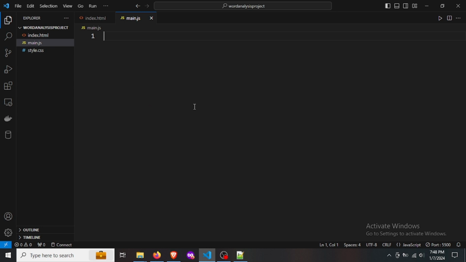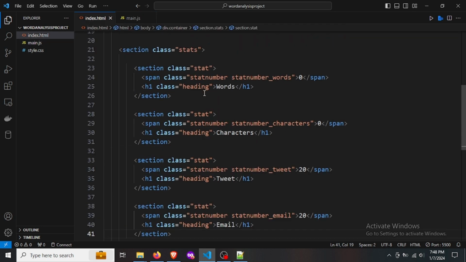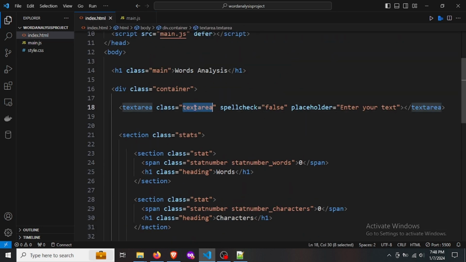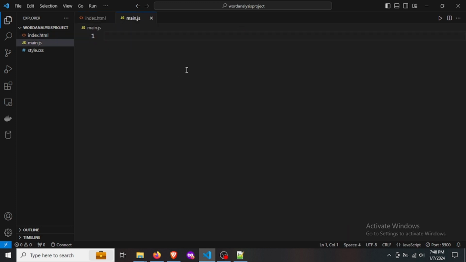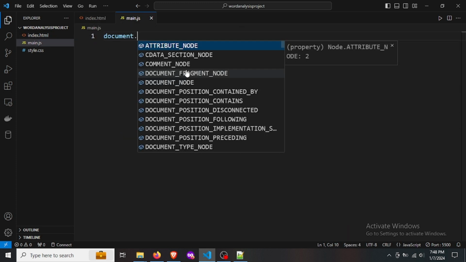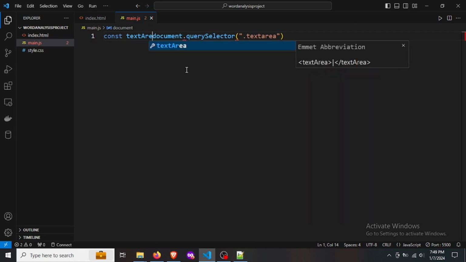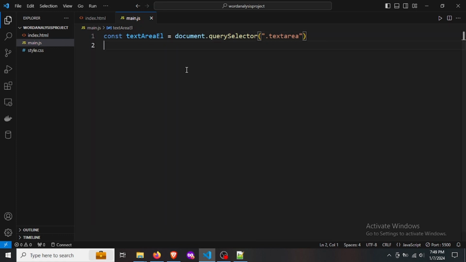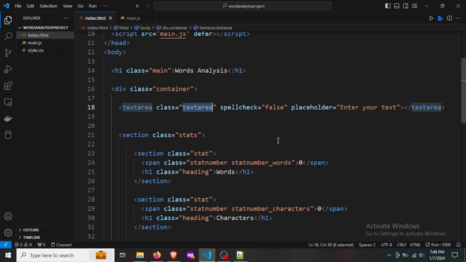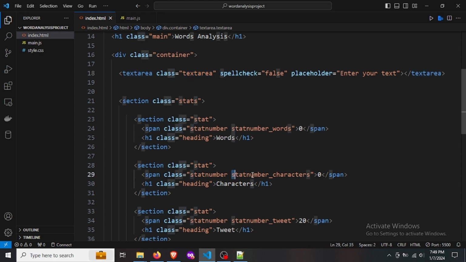So first, what I'm going to do is I can just use this class text area, and here we are going to say document dot query selector, and we are going to use this text area. Let's store this inside a new variable, and I'll call this text area element. Then let's work on the characters first. So I'll use this class here,